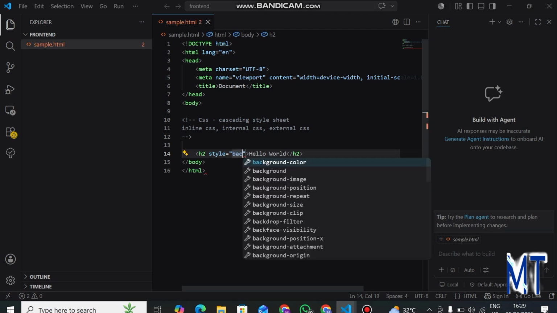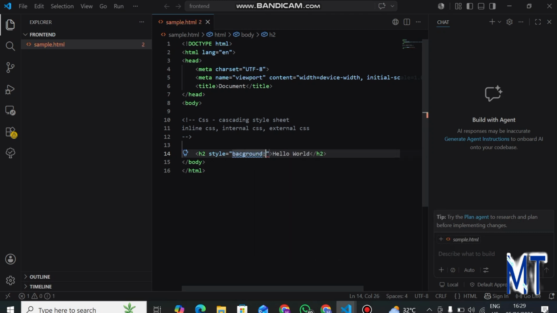I can say I'm doing the background. That's the property. I want to adjust the background. So the property here is background color, and the value is what type of background color I want to add to it. I can just write background color, or I can write background, as long as I write a color code or a particular value to show I'm working with a background color. So I want to say black, then I put my